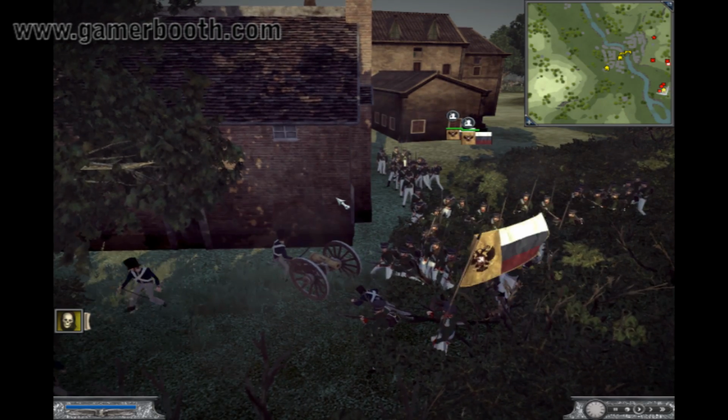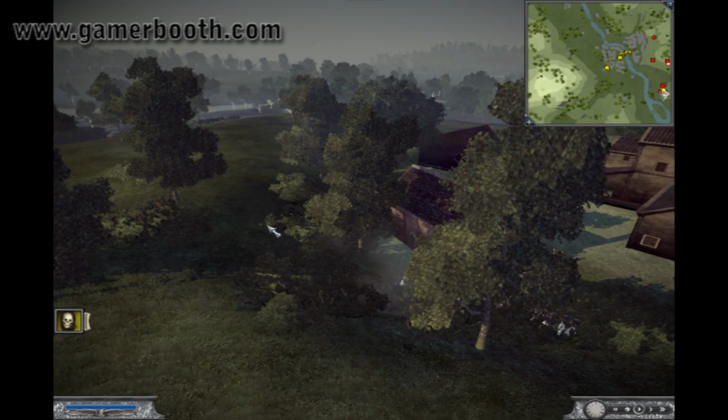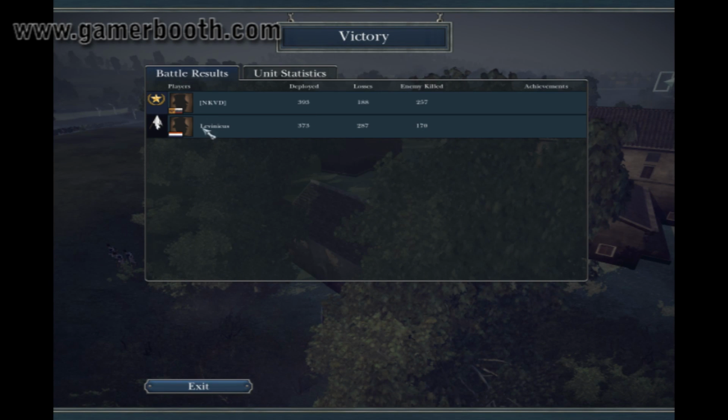That puts an end to my opponent. His name was Levinicus. I should have stated at the start. You'll see it at the ending screen though. There we go, Levinicus commanded the Dutch, I commanded the Russians, NKVD, and then it's supposed to be JosefVStalin, but it's in Russian, so the game can't recognize it, so it just kind of messes it up. But anyway, I deployed 393 troops, he deployed 373, I lost 188, he lost 287, and good game,